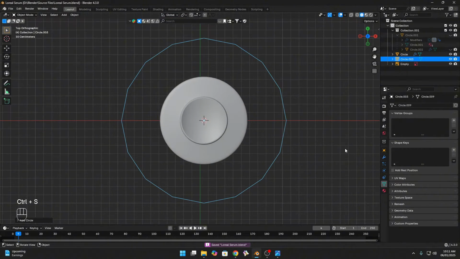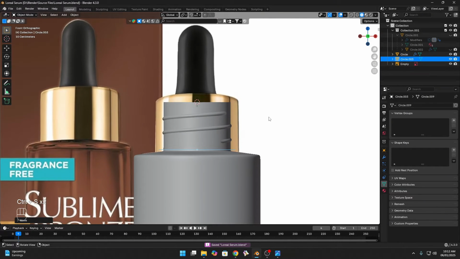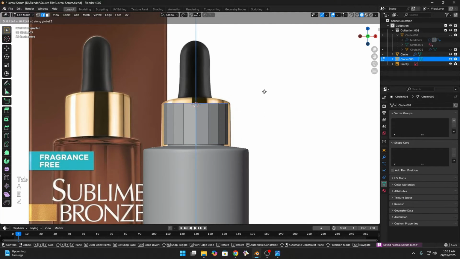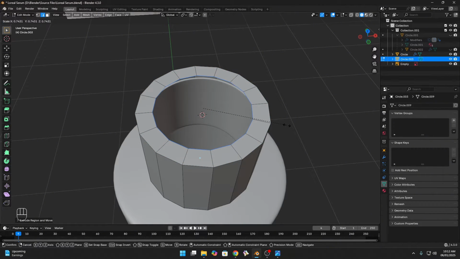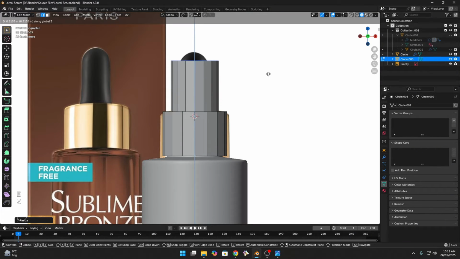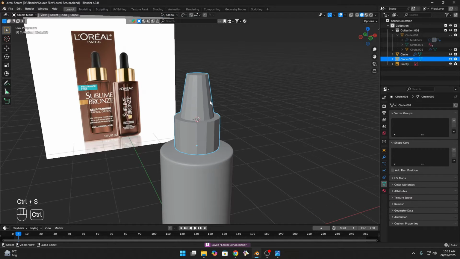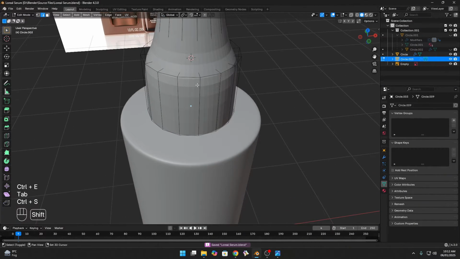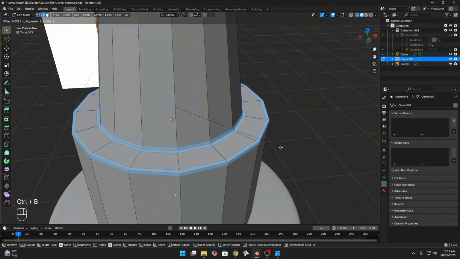Just adjust the scale like this, make it down to here, go to front view, select all, extrude on the Z axis like this, press E to extrude and scale it down like this, extrude on the Z axis and scale it down, press F to fill this. As you apply the subdivision modifier on this, it looks like this, but we fix this. Let's go to back, select these and bevel with two segments.